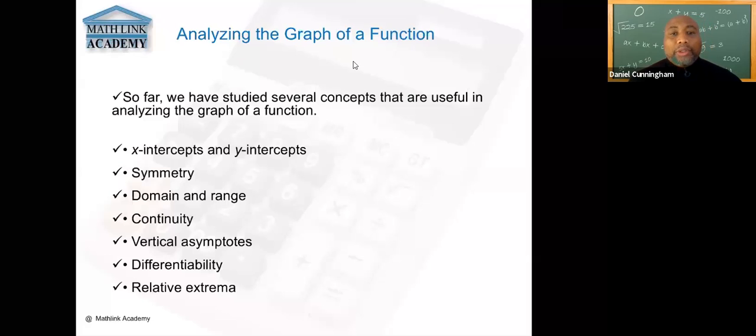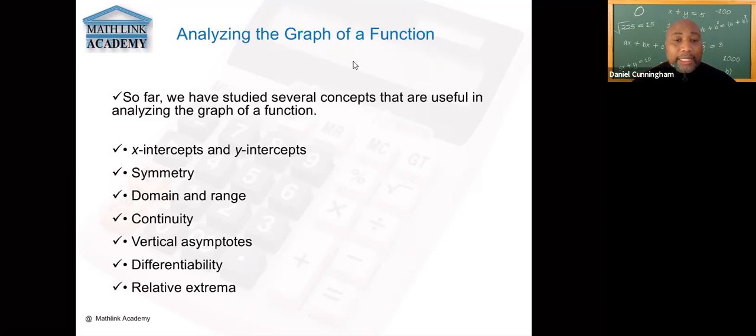So the first thing we want to talk about is analyzing the graph of a function. Our overall goal right now is really to sketch it, but I want to bring some components that we need to know in order to sketch the graph. So there is a certain order how you want to do this and think it through to get the sketch of it. So some things you want to know and to get within your function is the X and Y